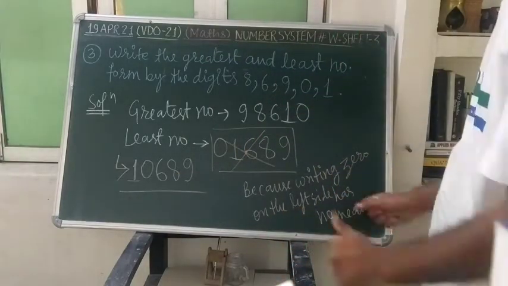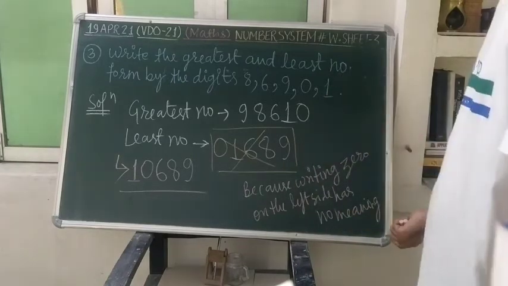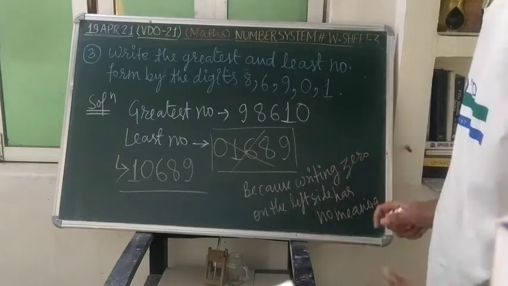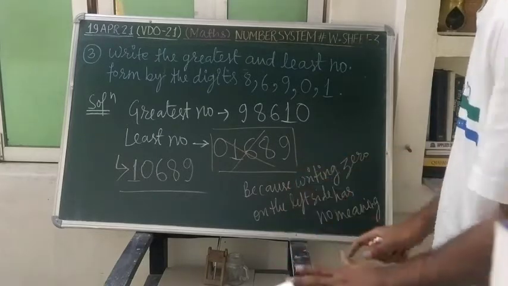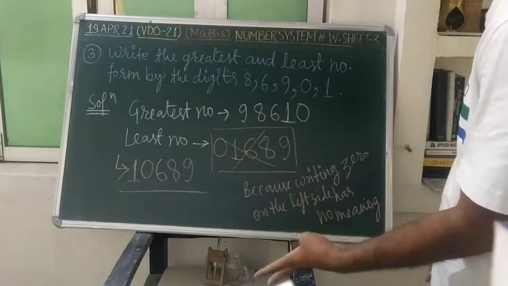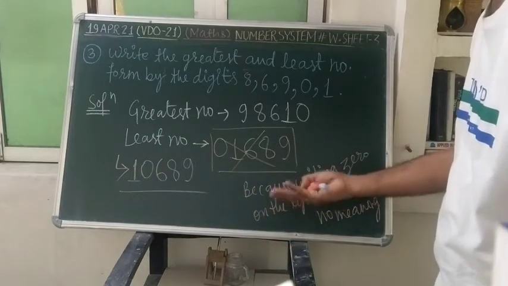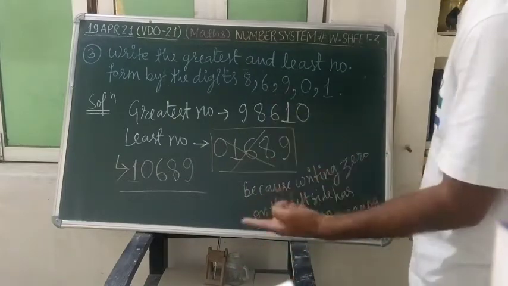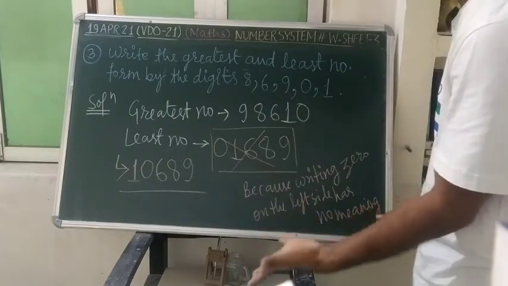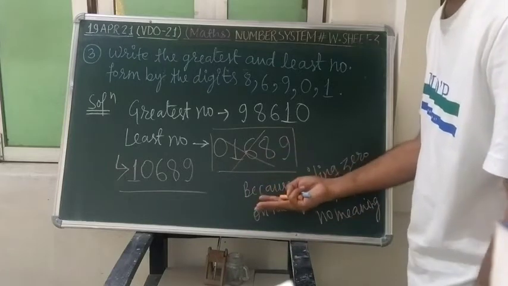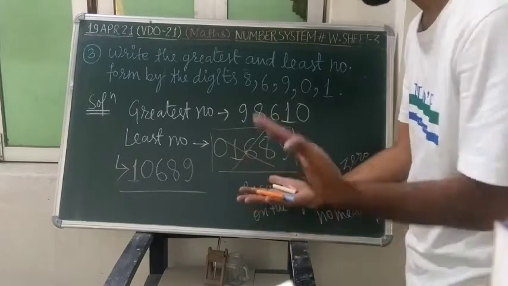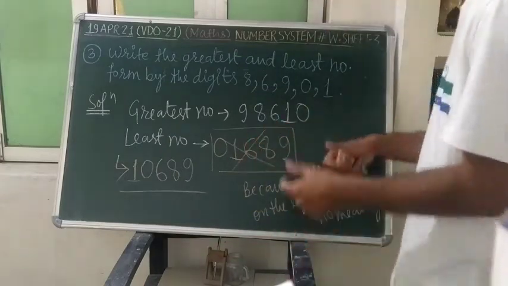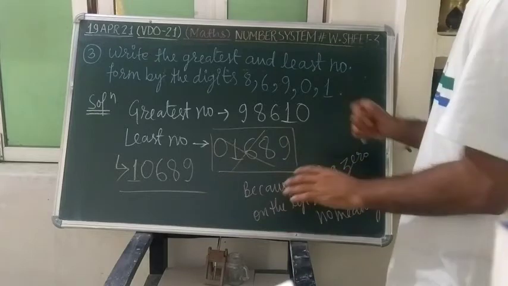You will see that we can go from 0 to 9 only, because in the number system, in the very first video I told you, we have only 10 digits, that is 0, 1, 2, 3, 4, 5, 6, 7, 8, 9. Okay, once again 0, 1, 2, 3, 4, 5, 6, 7, 8, 9. So 5, 5, 10. So 0 to 9, 10 digits are present from which we can form the number.